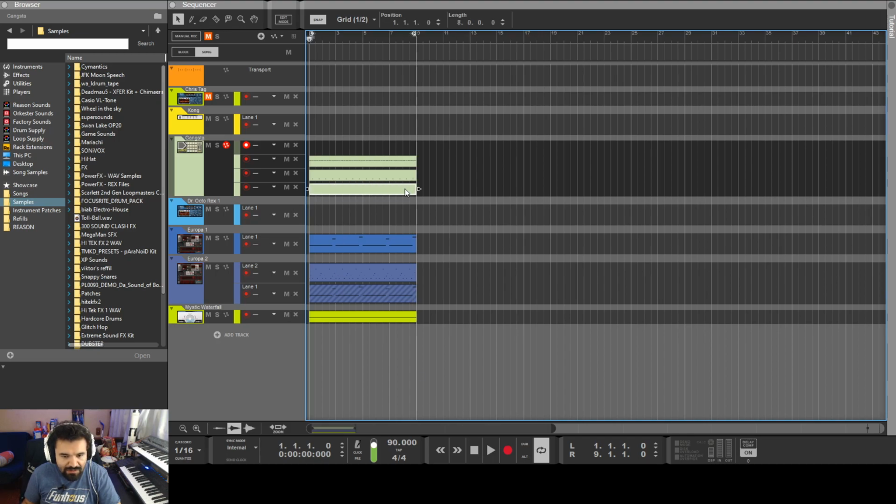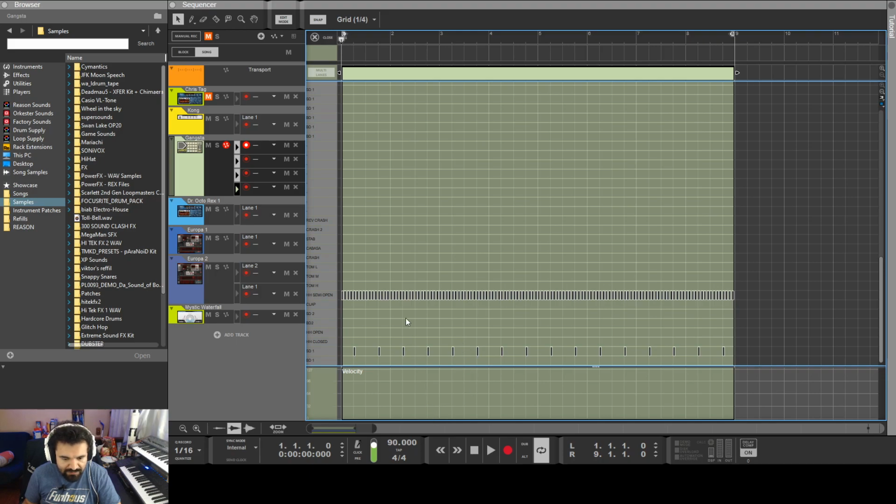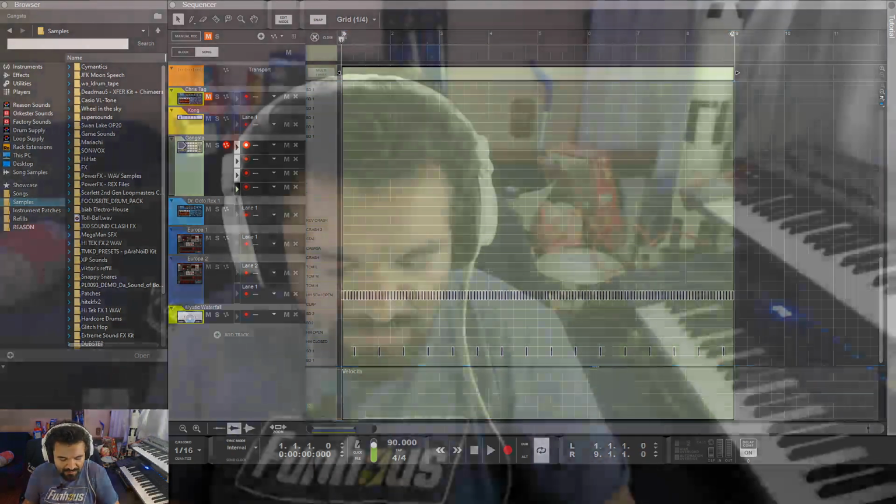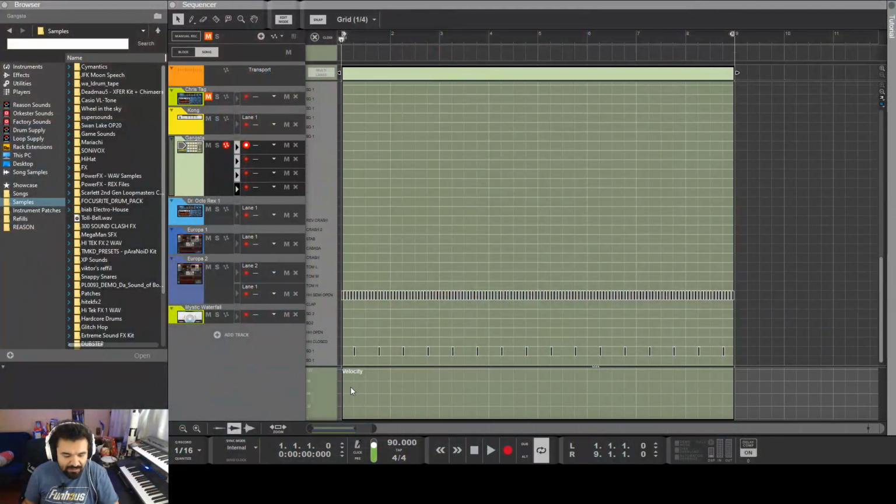I know in Ableton most people tend to use wave files. I can do that here too. I just don't like doing that because I find it more cumbersome. For me, it's better just to load the sample into a drum machine. In this case,